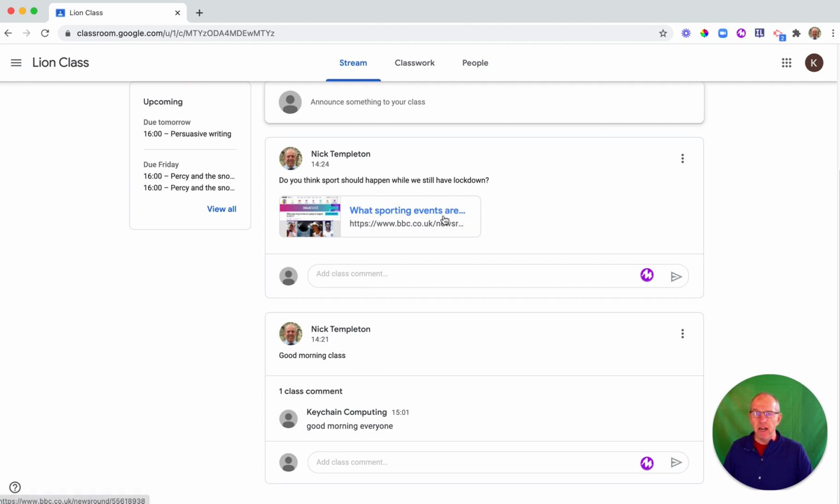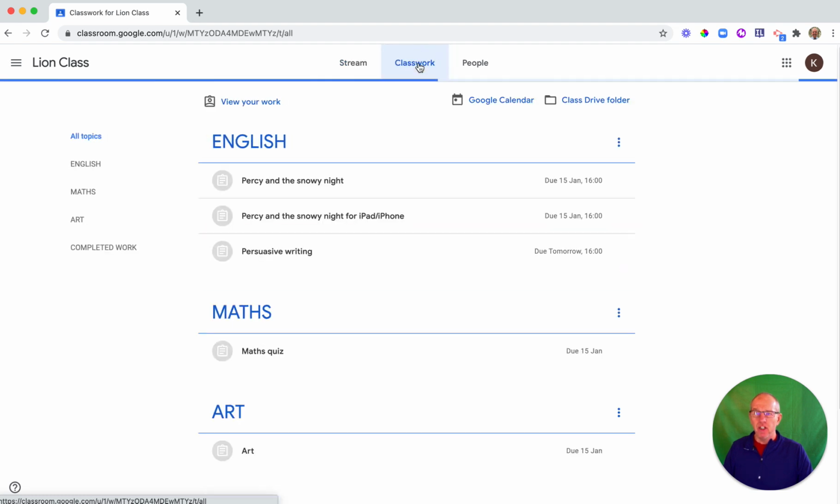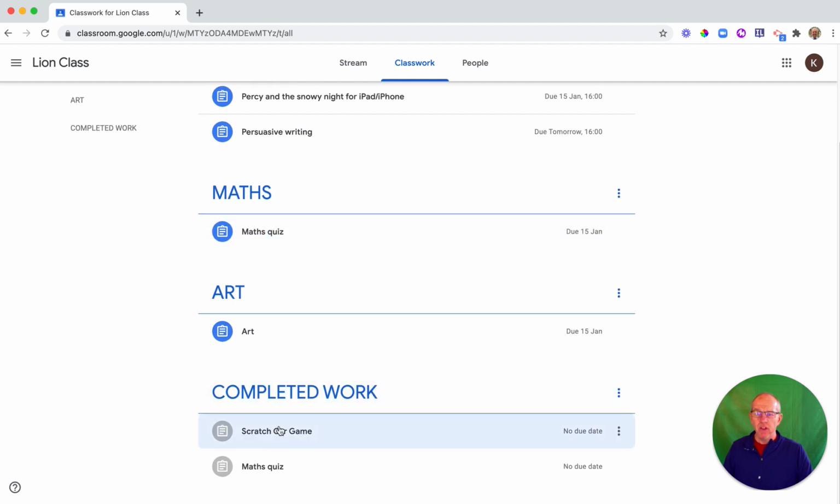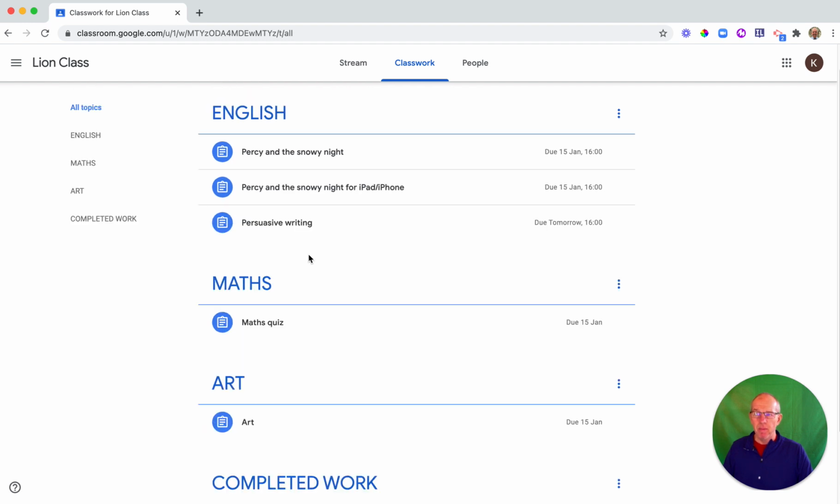If we now go into classwork, that's where most things happen. So on the classwork, what you will find is some of these things are coloured blue, green, red, and some of them are grey. The grey ones mean that you've completed them, you don't need to do any more. The blue ones or the green ones or whatever colour they may be for the class means that you have to do them. So if we click on persuasive writing,